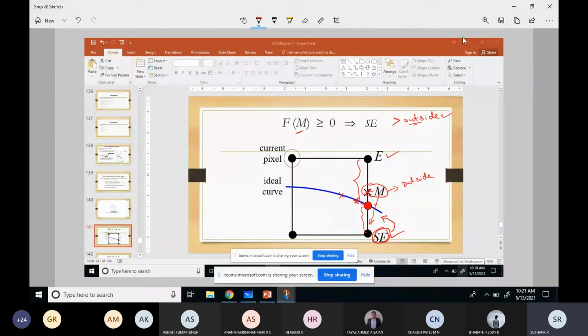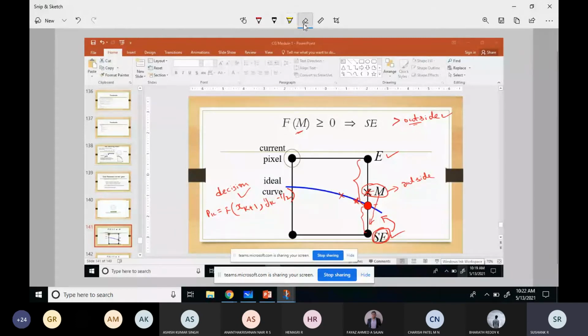Here also one function will come. In that scenario there is one decision variable, pk, which is written as the function of circle, where the value of x will be x of k plus 1 and the value of y will be yk minus half. This is the equation, this is the decision parameter. We'll derive this, but as of now, just understand.